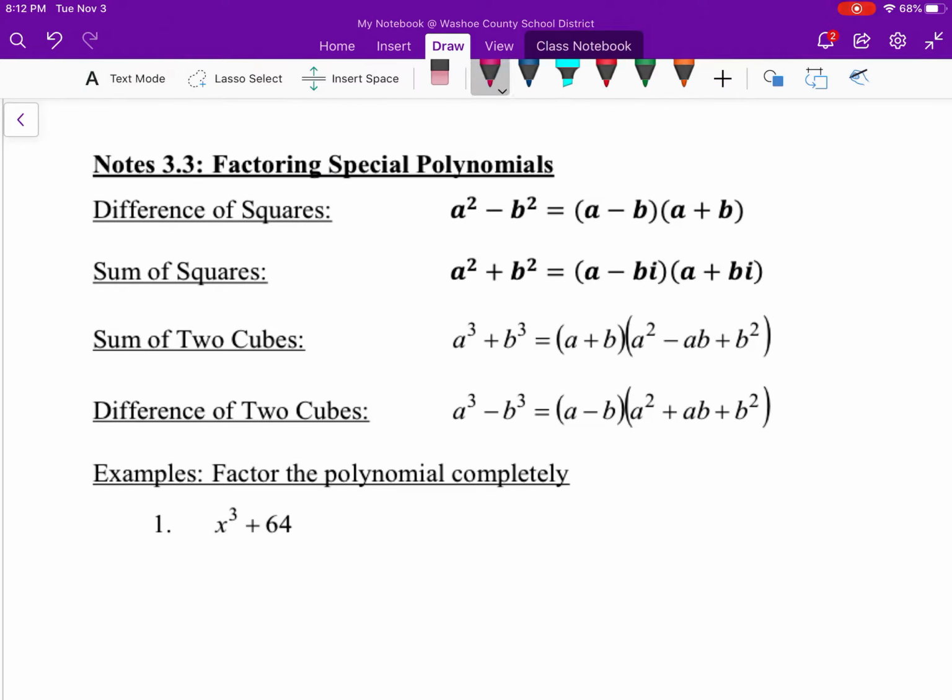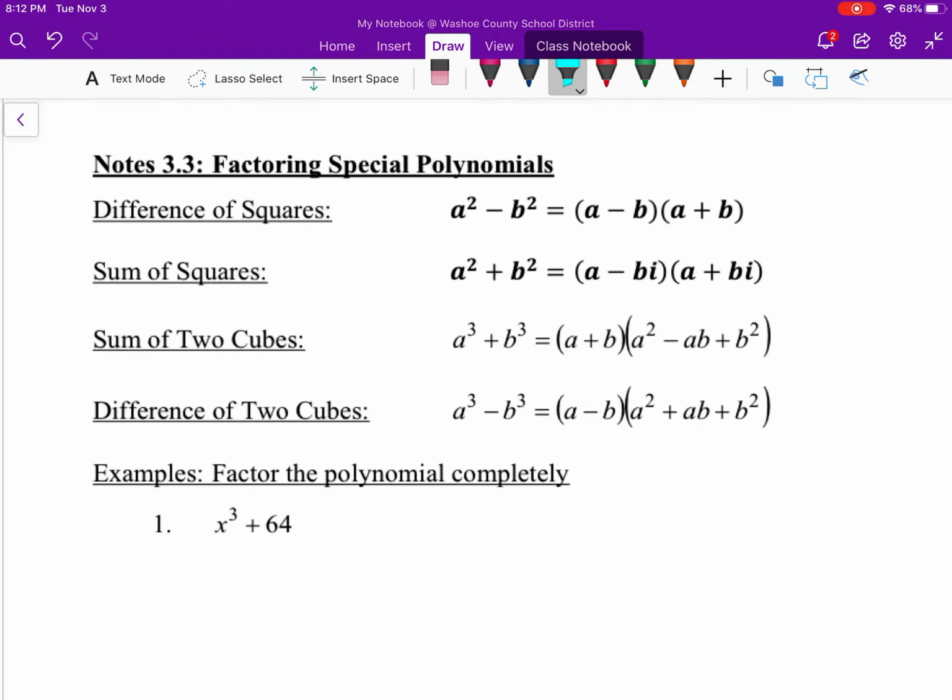All right, in this section, we're going to be talking about 3.3 factoring special polynomials. And some of these you have seen before, and so we're just introducing a few new properties. Something to keep in mind is that factoring means breaking it down into pieces, right? You're taking out common factors. There's a few things you should always remember, even though we are doing some new types of factoring. You should always look for a greatest common factor to factor that out first before you continue with the properties,